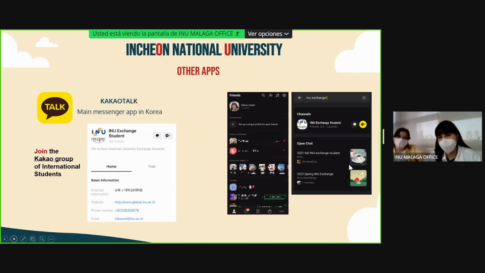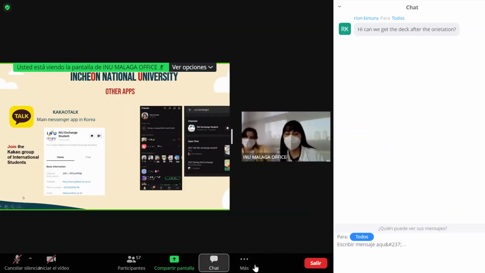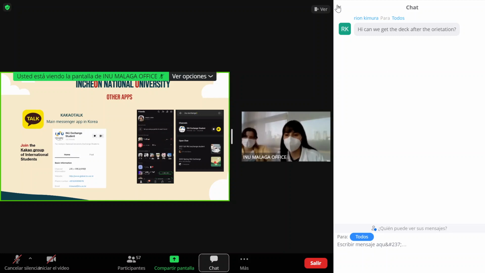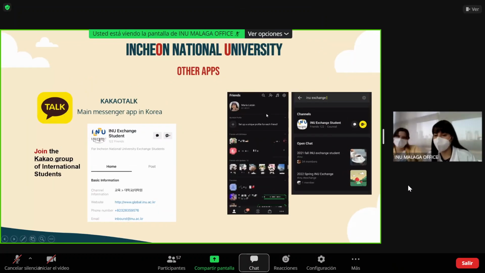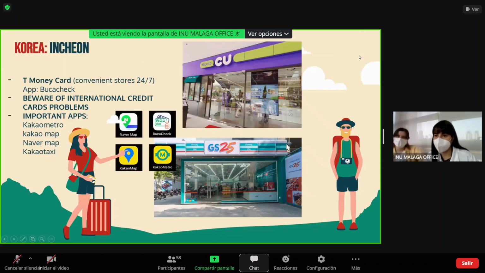Other useful applications: I would say the most useful application in the whole of Korea is called KakaoTalk. It's similar to WhatsApp or WeChat that other countries are using, but this is the main messenger app in Korea. I suggest you open a KakaoTalk account before coming so you can communicate with the international office more efficiently. Once you open your account, click on this plus friends and search for the Ino Exchange